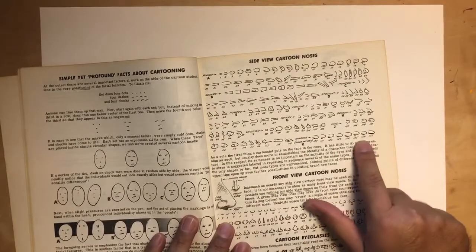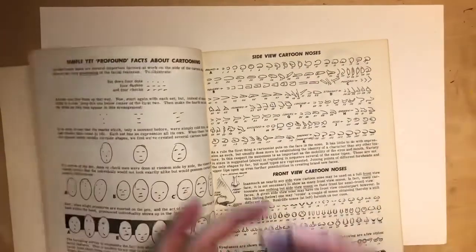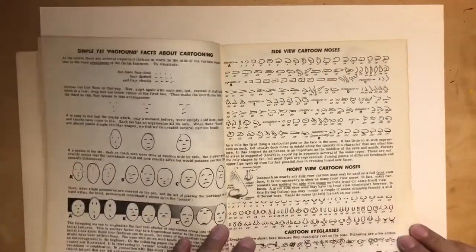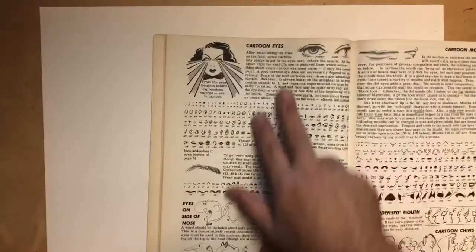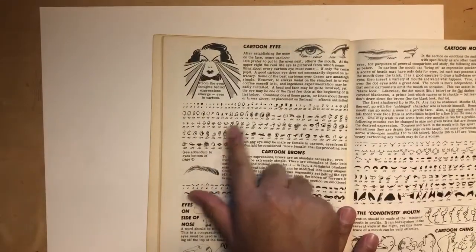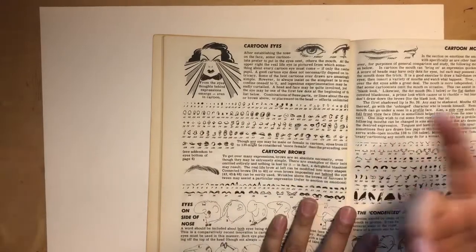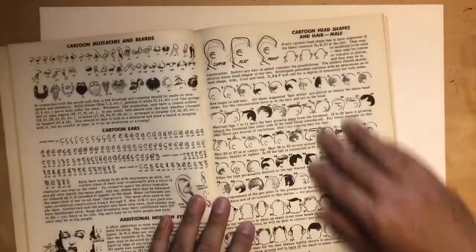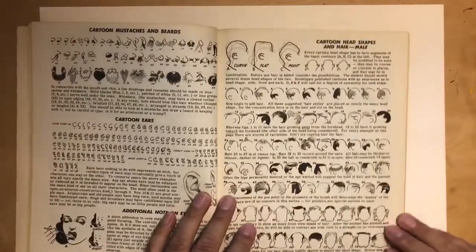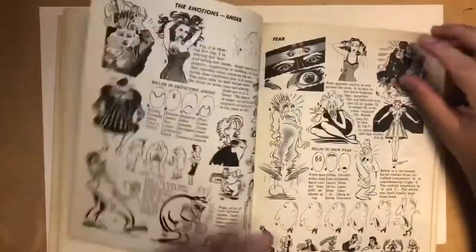Obviously, you can just keep redoing that shape over and over and smash it and stretch it, whatever. It's very thorough, right? I mean, look at this. This is crazy now that I look at it. Cartoon eyes, right? Bugged out, sleepy, droopy, narrow, wide, eyelashes, hairstyles. Yeah, I was pretty amazed when I took this book home and just, I mean, look at